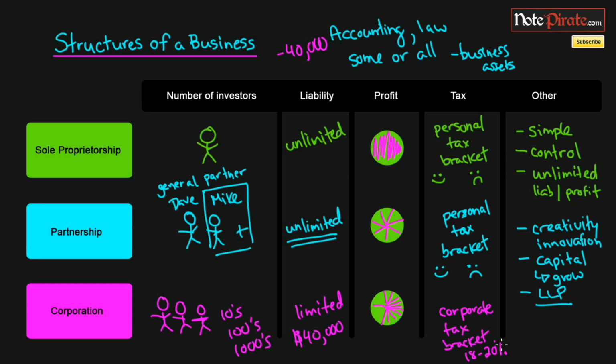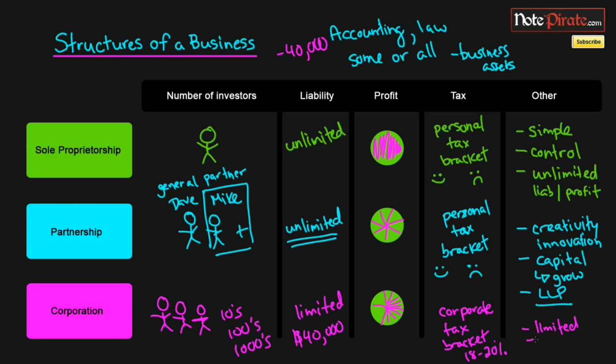All states and countries have different corporate tax brackets, and you have a choice as to where you want to incorporate your business, maybe because of certain favorable tax rates. And with regards to other notes about corporations, well, of course, you have that limited liability,